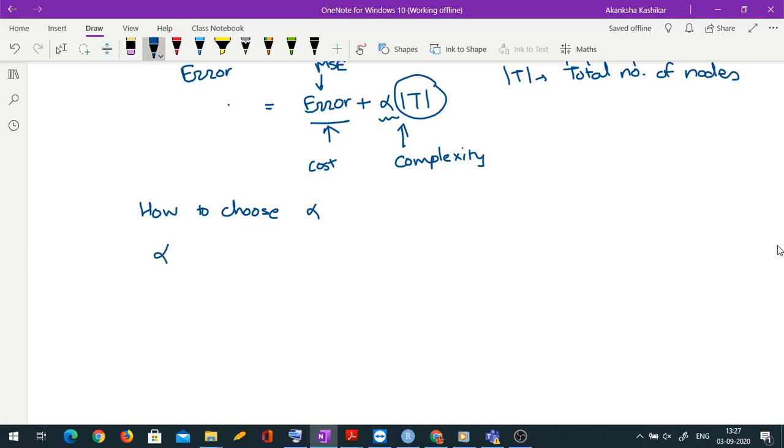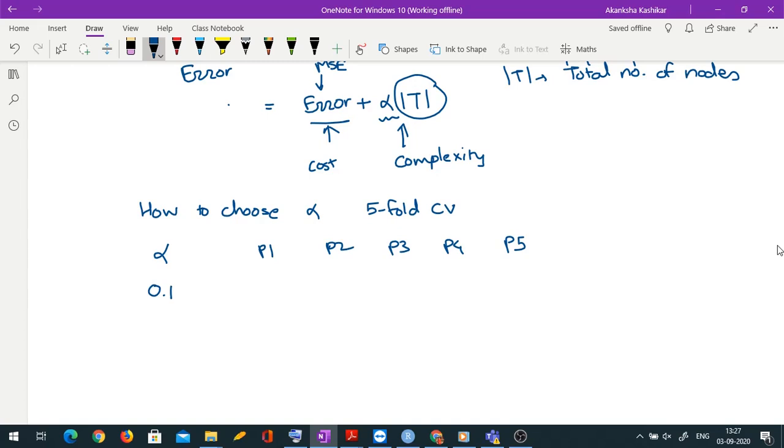Okay, let me illustrate. Suppose I want to go for 5-fold cross validation. Then I would first divide my data into 5 equal parts. So let those parts be P1, P2, P3, P4, P5. What I do every time is I keep one of these parts aside, fit the model on the basis of remaining and predict for the part which is kept aside. So first let me take alpha equal to 0.1. So for alpha equal to 0.1, I would do that exercise.